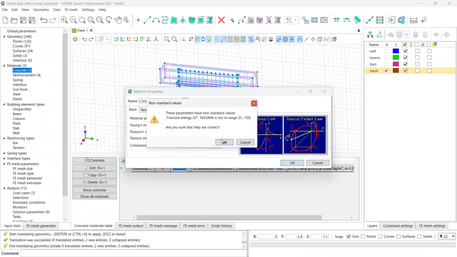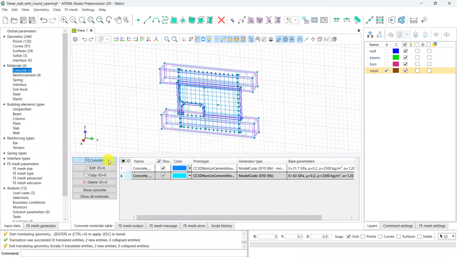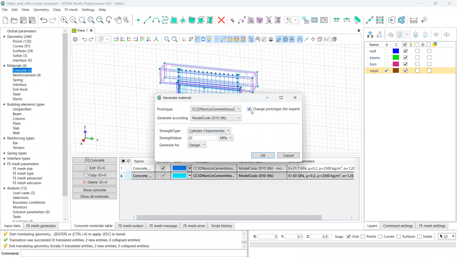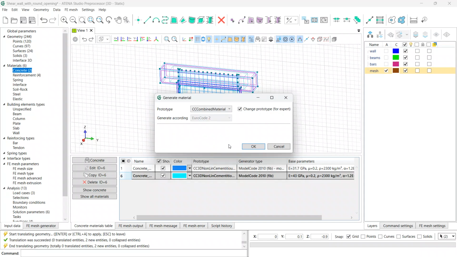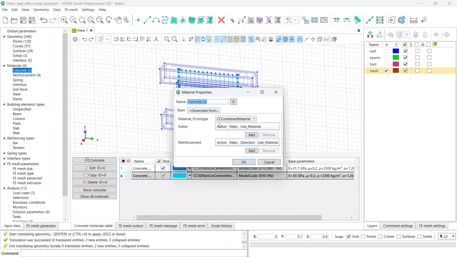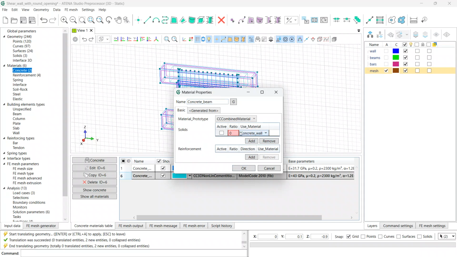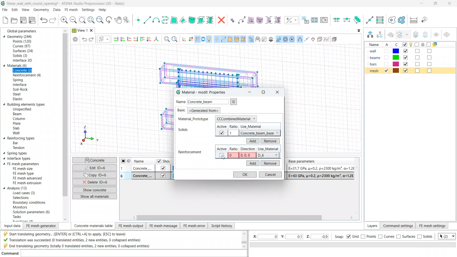And when we want to create that material with smeared reinforcement, we have to change the prototype and go to combined material. We first rename it to concrete for beams, and then we can see that there is first material for solid part, which in our case is concrete beam base with the ratio 1. We are not deducting the area of steel. We activate the material, and then we add the reinforcement with the ratio